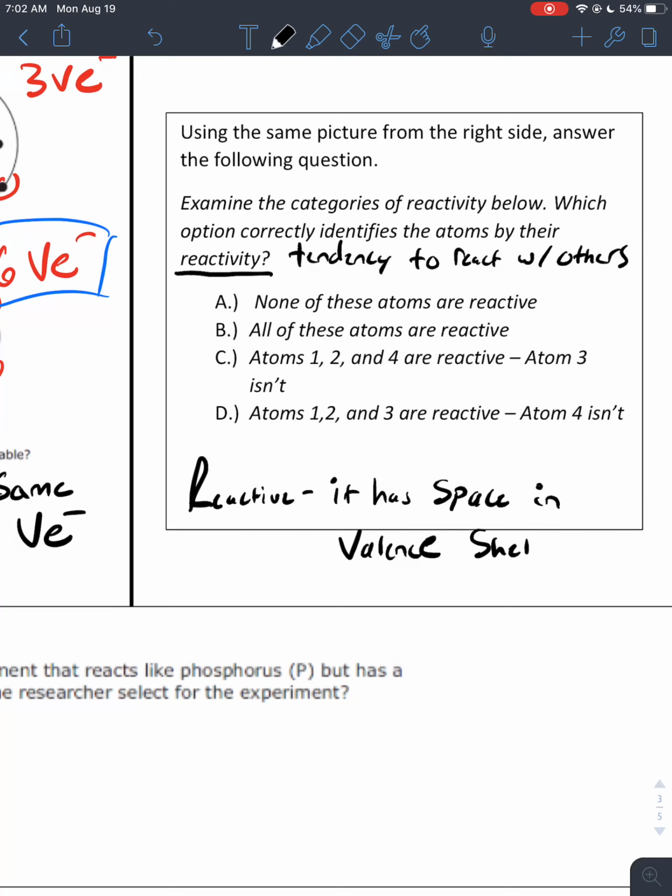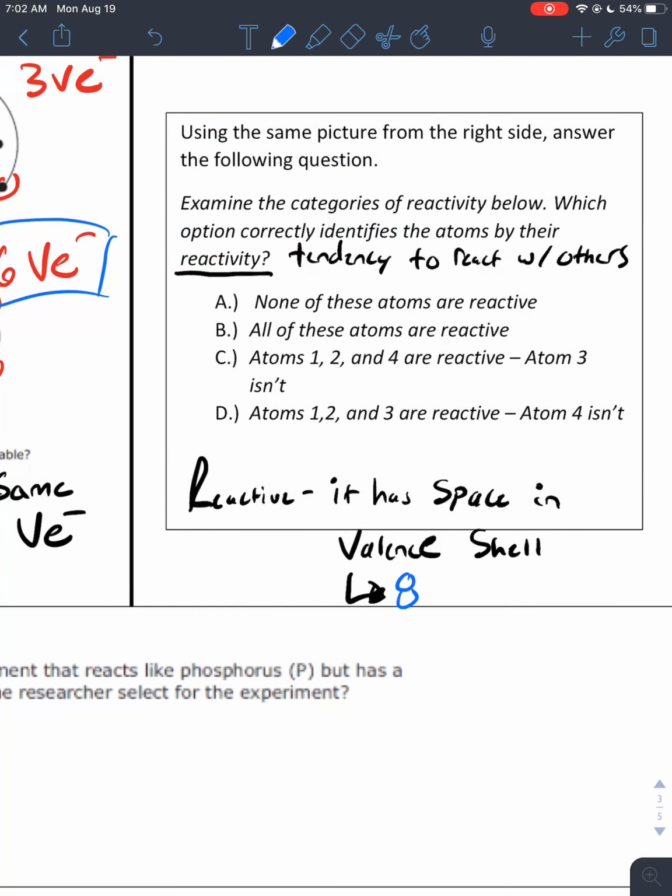Shell. If there's any space in that valence shell, if there's another seat in the van, you can have some sort of a reaction because another atom can come up next to it and give its electrons. They can pair up. When they pair up, they react. That tells us